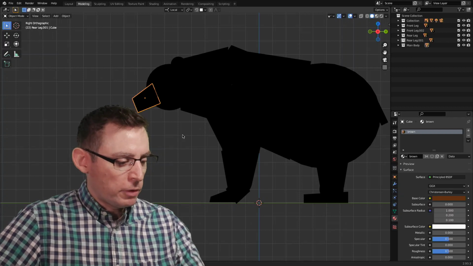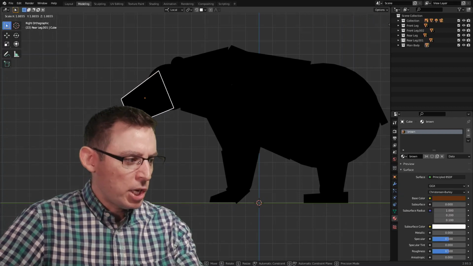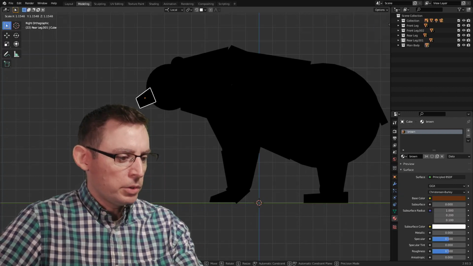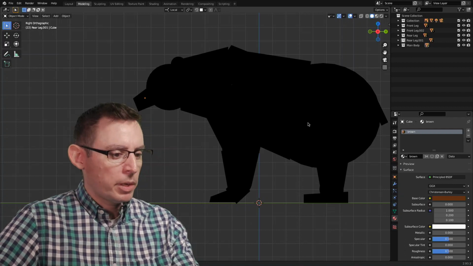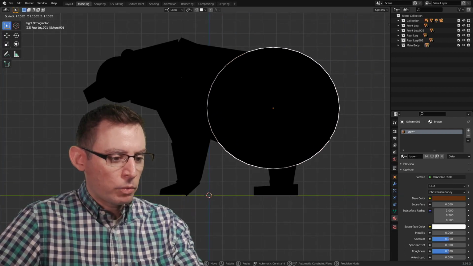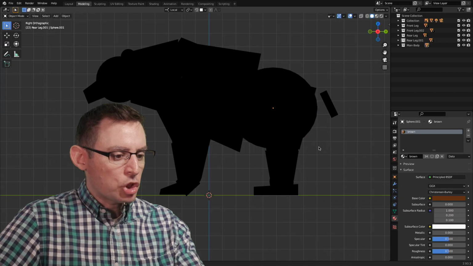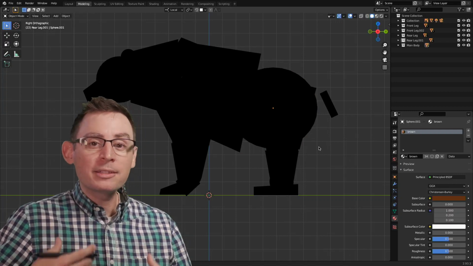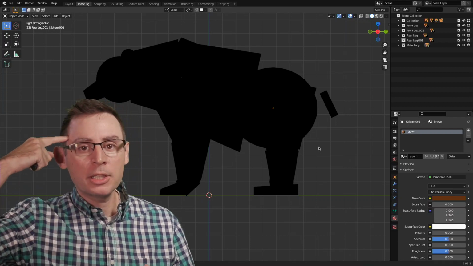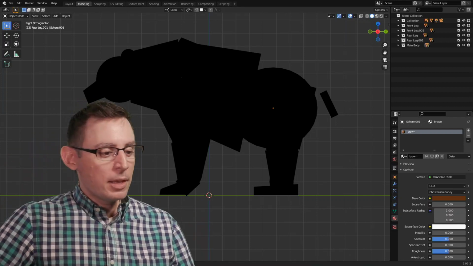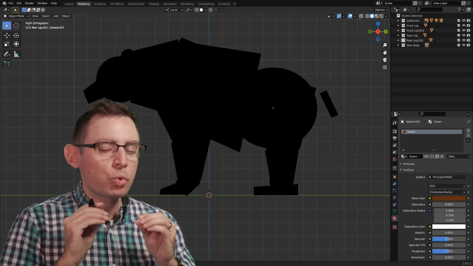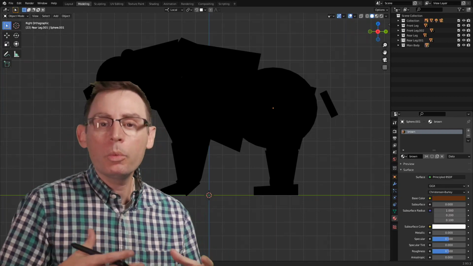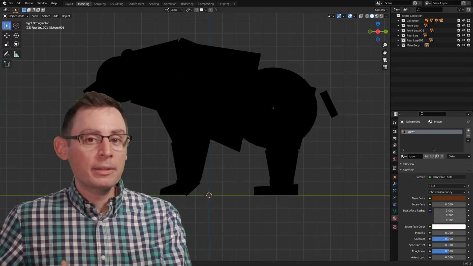But it's a great opportunity for us to go in and make some pretty big changes. Maybe I say to myself, well, the nose is too small, or the nose is too big. And we can make changes to that pretty quickly. Or maybe we don't like the way the rear of my bear is looking. And we can make those changes almost in near real time to understand how the profile and the silhouette is impacting our understanding of what it is that we've created. These silhouettes are an incredibly useful tool in the early stages of our blockout to ensure that what we are creating is being read correctly by our audience.